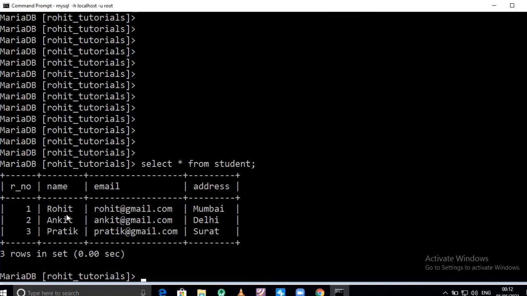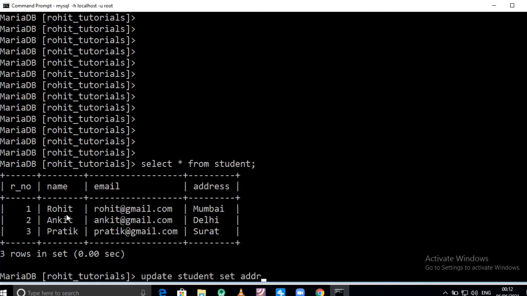Now the next command is update. If you want to update any value in the table, you can use the update command. Very simple. Command is update table name student, set, suppose I want to change the address of Rohit from Mumbai to Nasik.